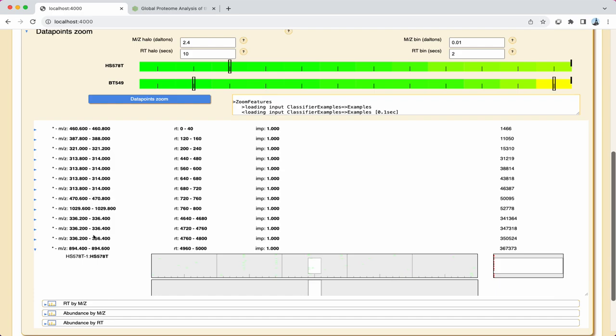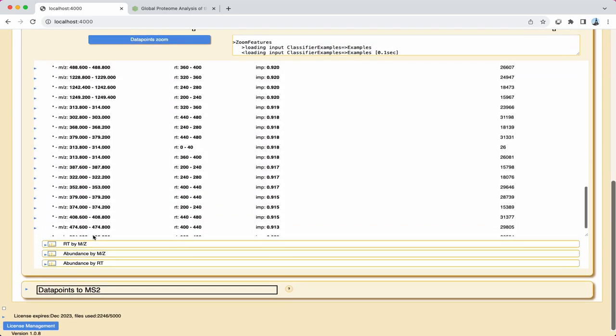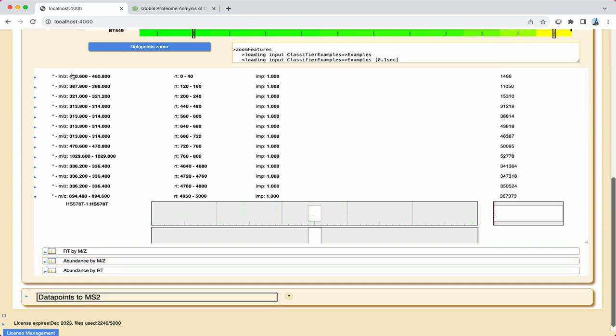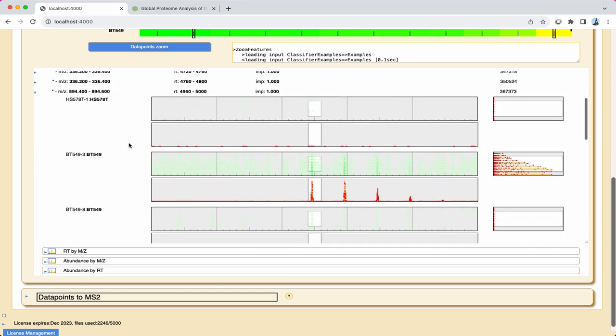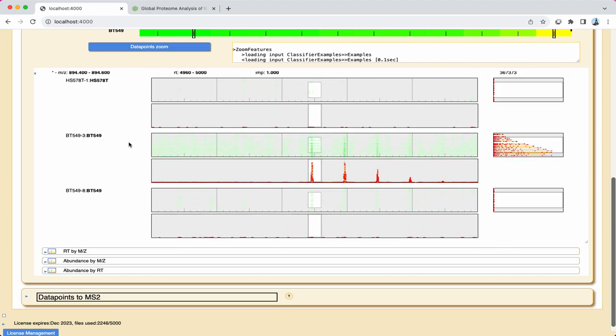Compass will now reparse the files for the selected examples at the new resolution. All the data points emerging from machine learning are presented in a list, cataloged by their original M/Z and retention time coordinates, and ranked by machine learning importance scores. The fourth column is the internal ID of the data point. Each data point in the list can be viewed by a simple click, which drops down the high-resolution mass spec image. For each example, two-dimensional and linear plots are presented.